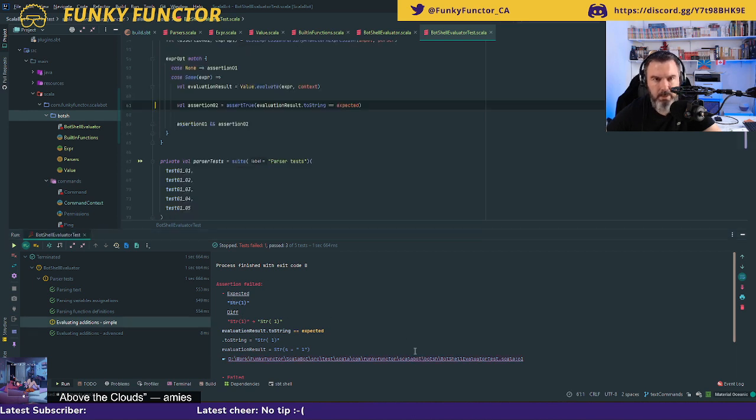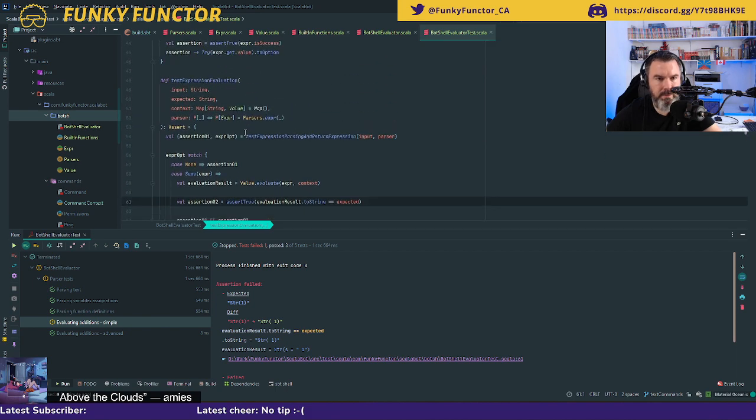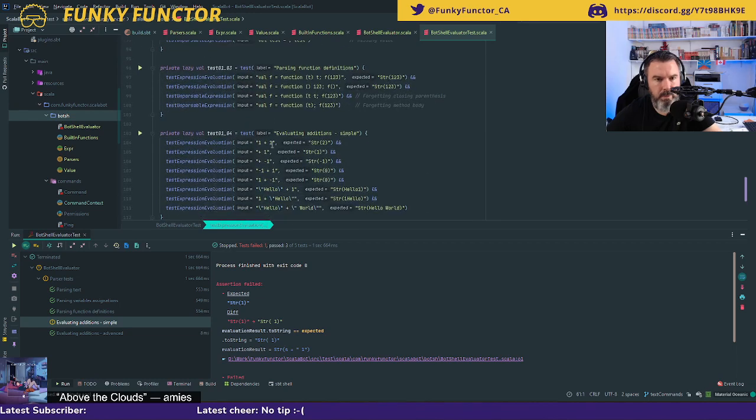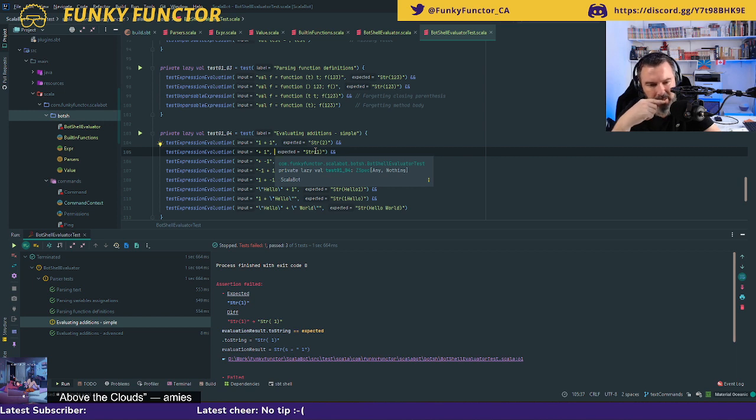So that is on line 61. So this thing here, instead of returning str of 1, is returning str of space 1. Interesting. So why is it returning space 1? Should I remove? Yeah, I'm going to do that.